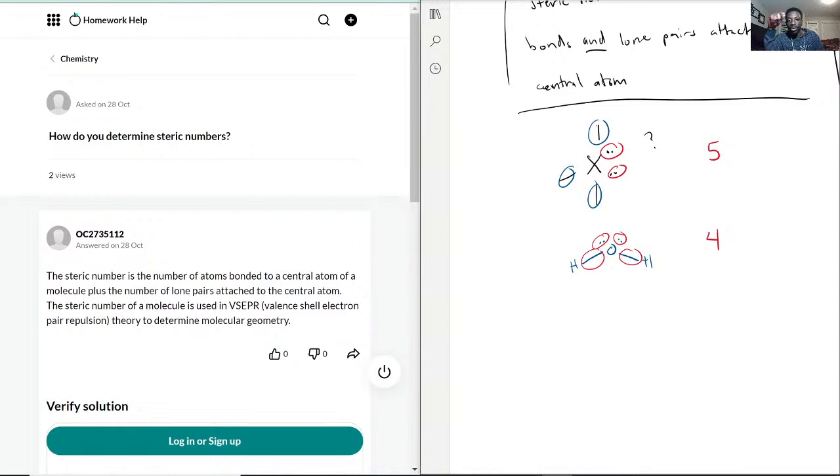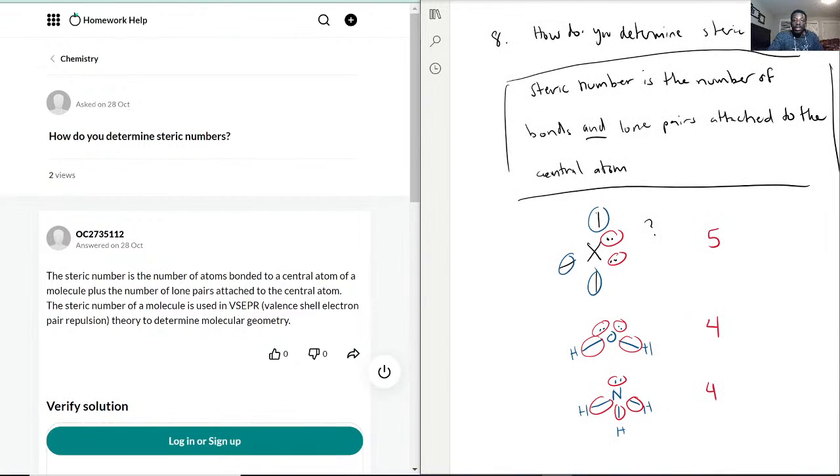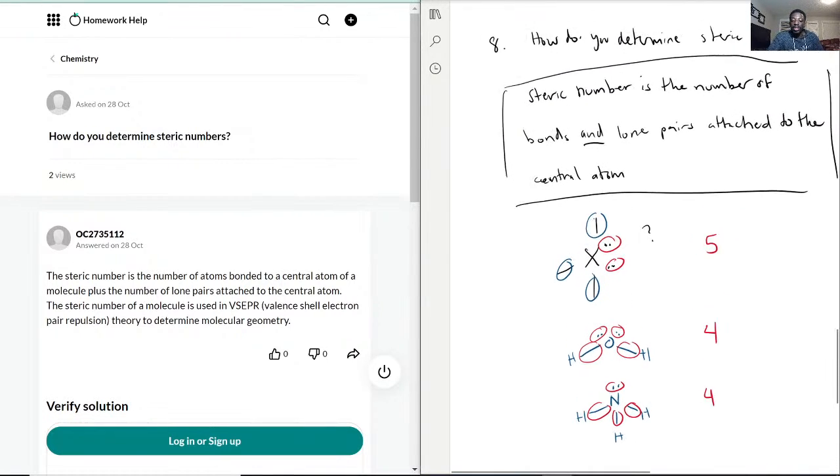Most things like to be around 4, as you see with oxygen. Even nitrogen is another good example where you think it's different, but when you count it again, you have 1, 2, 3 bonds, 1 lone pair, 4 at the steric number. So most things prefer 4. There are a few examples,